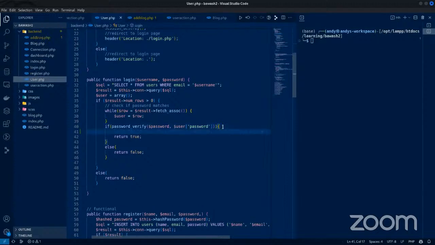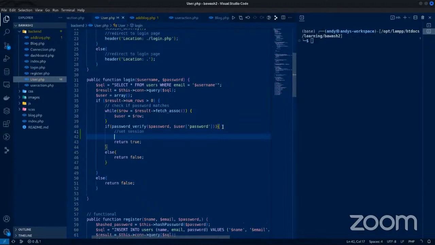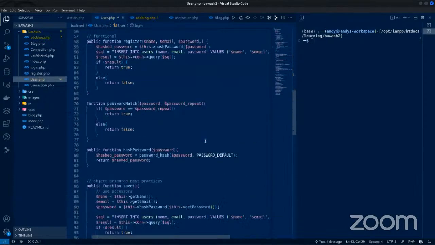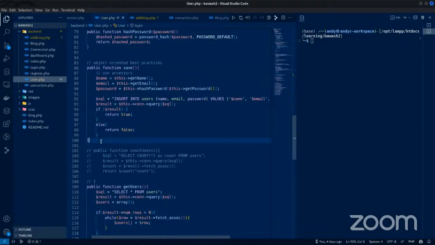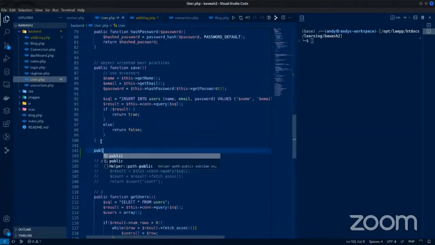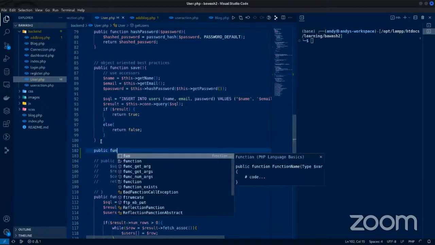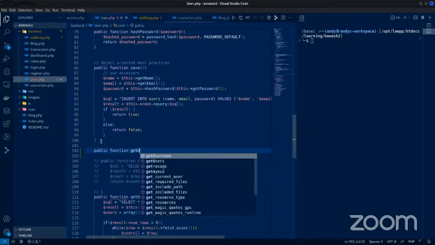At this point, we could set a session here for the user ID so that we can actually get that. So let me set the session for the user ID to be the ID. This is just so that I can get another method that gets the user's ID. So now I'm going to define another public function, get user ID,